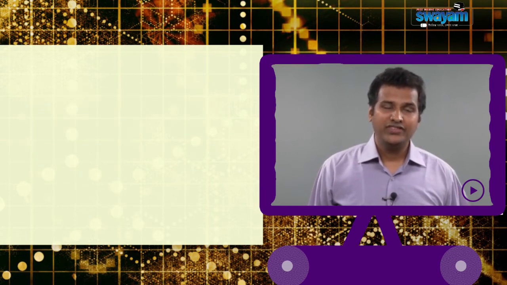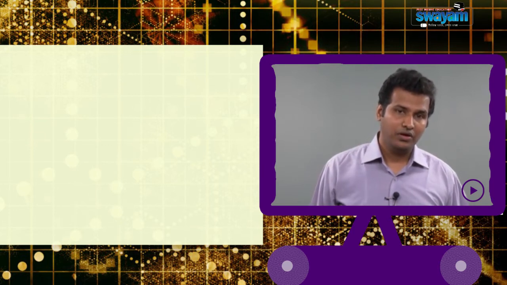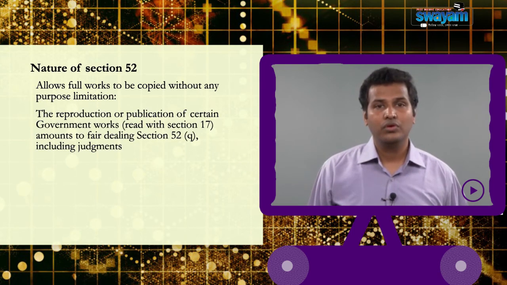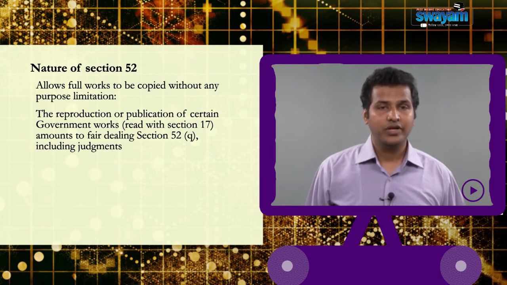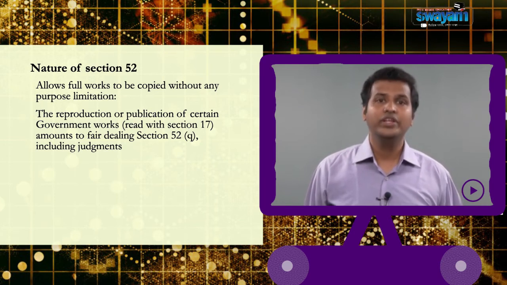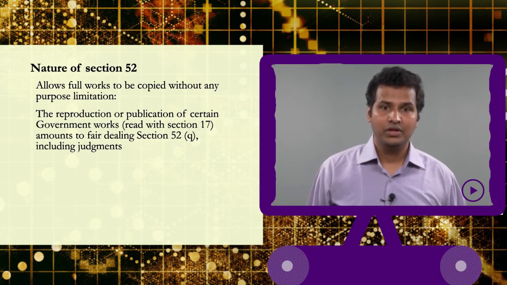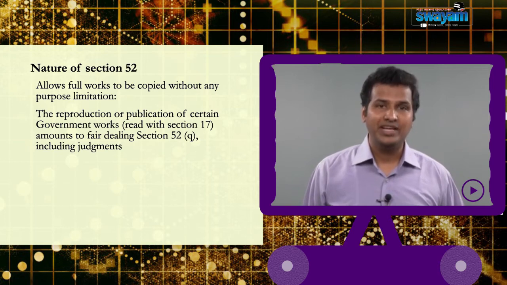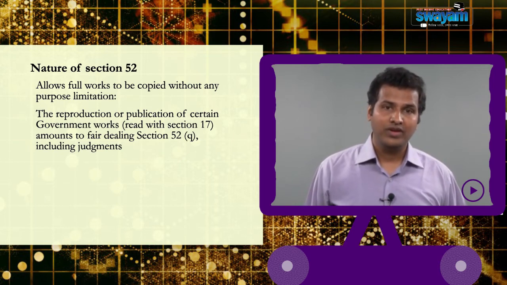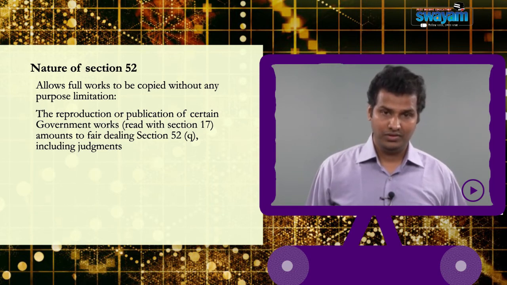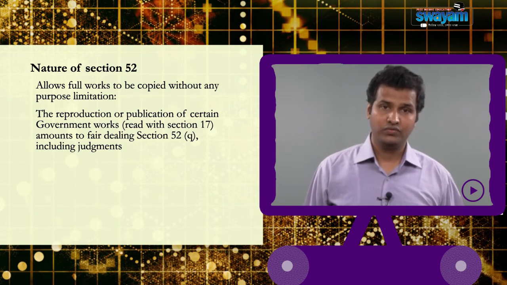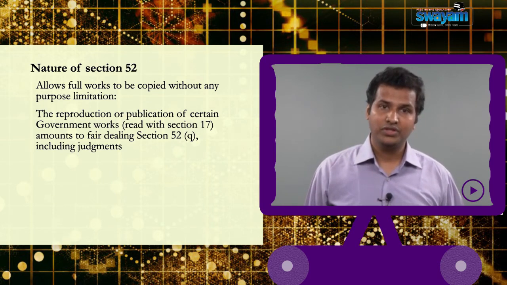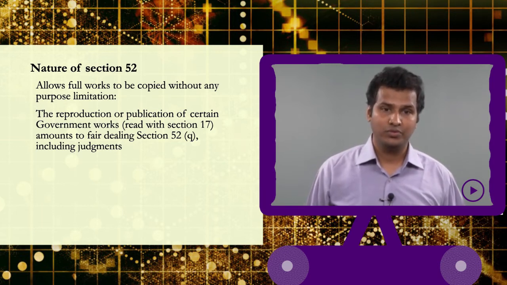Furthermore, in certain cases, fair dealing under section 52 allows you to make full copies. For example, section 52 clause Q of the Copyright Act allows reproduction or publication of certain government works, including judicial decisions, and this can be done by reproducing the whole text without any limitation. Now here, if you try to determine, along with this section, certain broad principles that the court asked us to consider in relation to fair use, you would be unwarrantedly curtailing fair use. So the question is whether such additional principles should be considered.